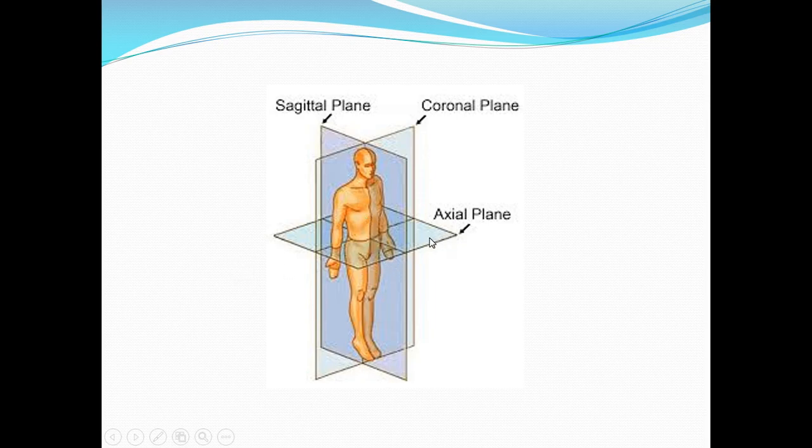If you cut the patient from front to behind, anterior to posterior, from top to bottom, anywhere, like in our setup, we have dealt with the CT scan brain. So in the brain region, the axial plane will go from top to bottom in this way, from anterior to posterior. In the coronal, from front to behind in this plane, like this cut, this cut, this cut. And the sagittal is the sideways plane, like the side line, and it will be like this.